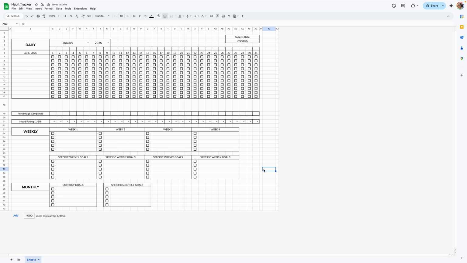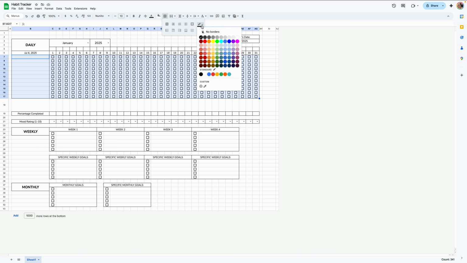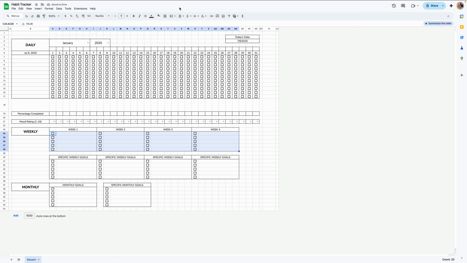So we've got the borders mostly done except for the horizontal gray ones, which I guess we can do now actually. So I will highlight here. I know it's a lot of borders, but once we get rid of all the grid lines, it's going to look so nice. So I'll select a light gray color I like and do horizontal. Same with all of these, horizontal, horizontal,